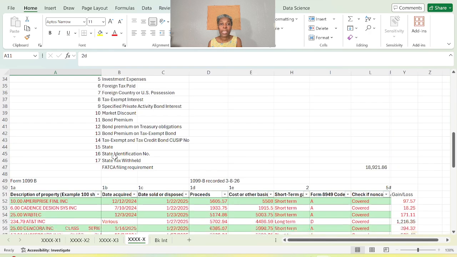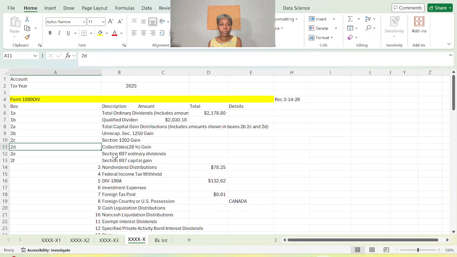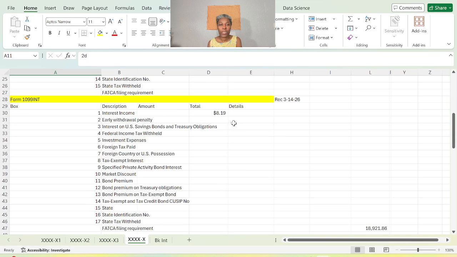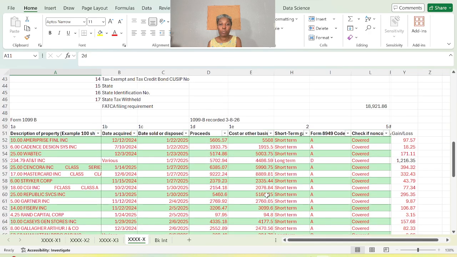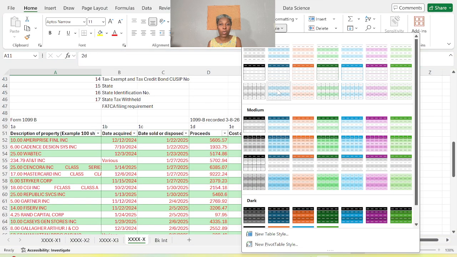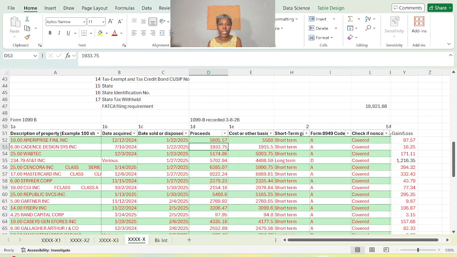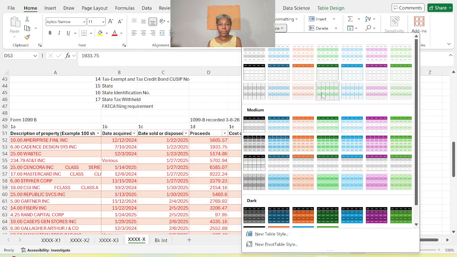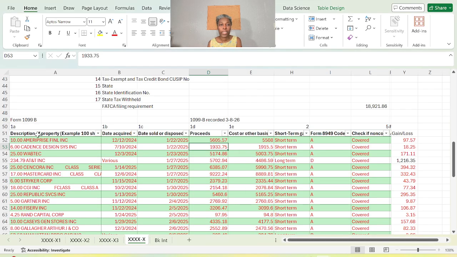And having it as a CSV, what I like to do is organize it as a table, especially the 1099B section where the trades are, just format as a table and click on one of those tables there. I pick this one, that's the one we have here, and that way it allows me to filter things, and I can just enter them,